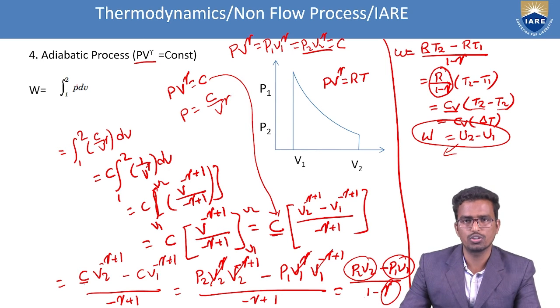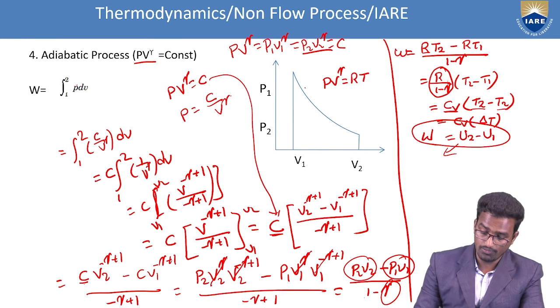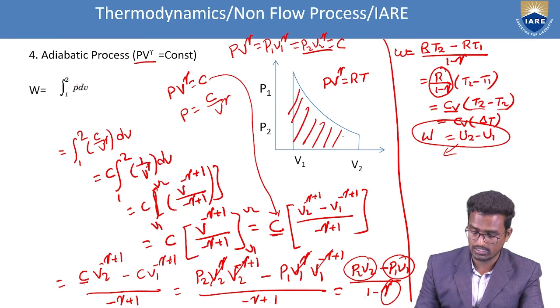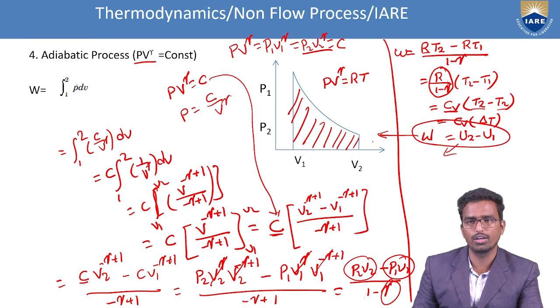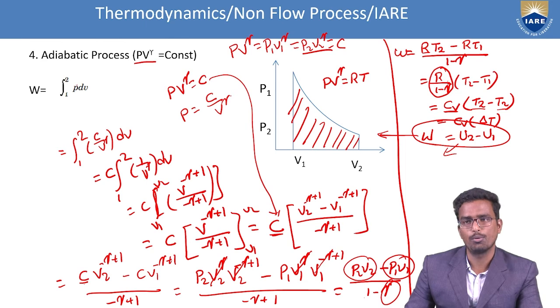But anyway, it depends on where you want to find which value you have. According to that, you can get the value. Even here, if you find the area under this curve, you get the equal of this one. Area under the curve, if you do that, you get the same amount. So this is the process we have.